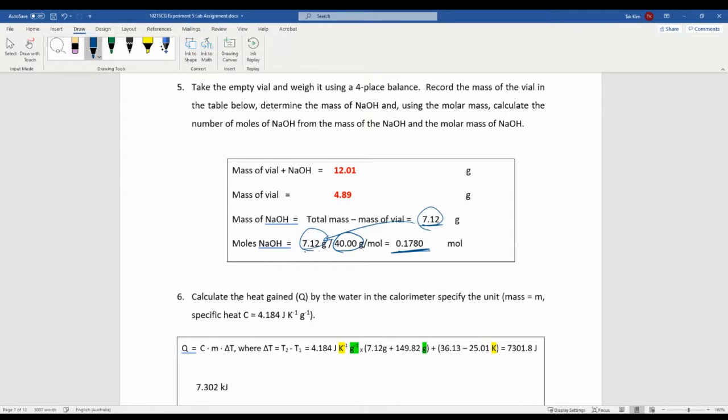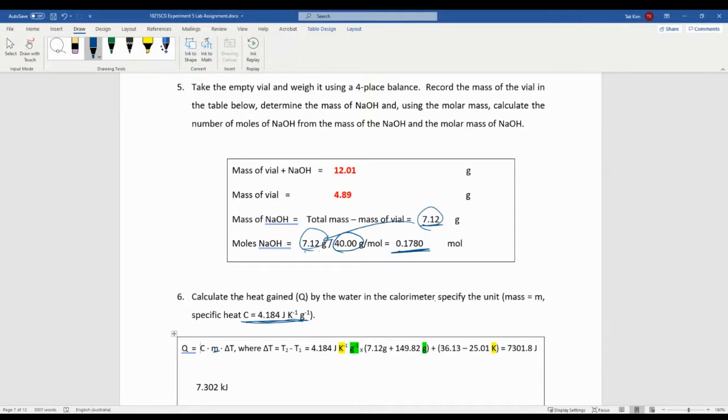And then you will need to specify the unit, right? And then specific heat and mass. So using the equation over here, you need to use the specific heat, which is given over here. In this case, we're going to use the specific heat of water. And the mass will be your total mass, because when you put your sodium hydroxide in water,